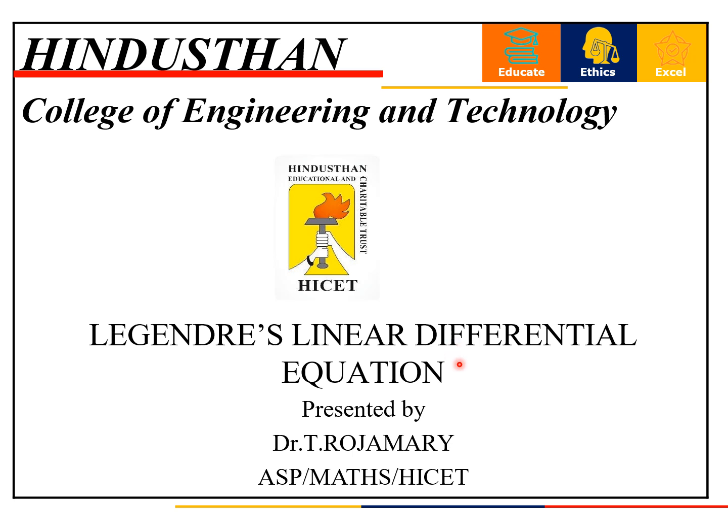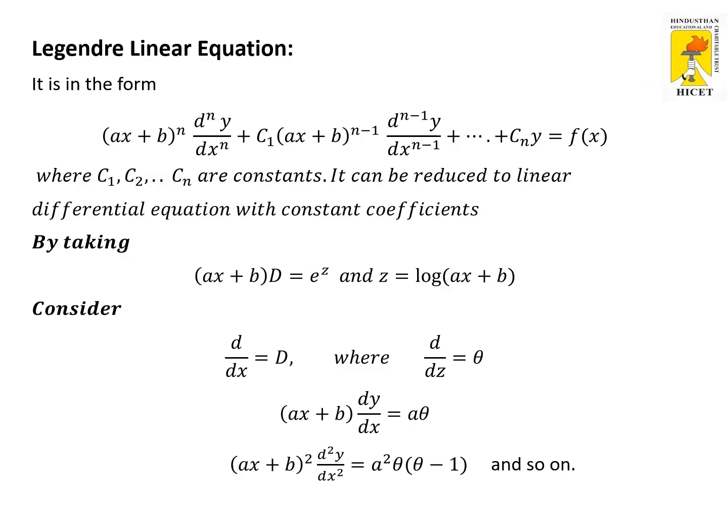In this video, we are going to find the solution of second order ODE in Legendre's type equation. So the Legendre type linear differential equation is in the form of (ax plus b) to the power n, d^n by dx^n of y, plus c1 (ax plus b) to the power n minus 1, d^(n-1) by dx^(n-1) of y, plus etc., plus cn y equal to f of x,